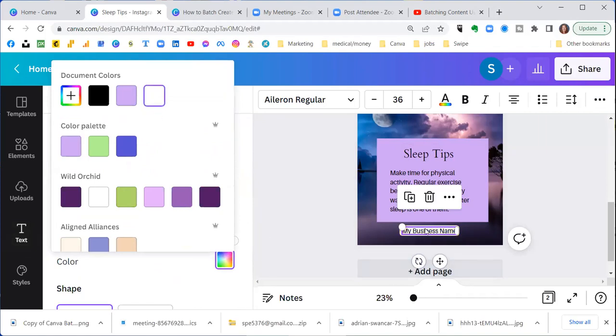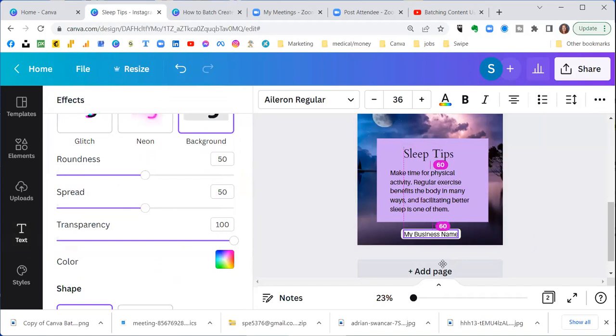So you could put your business name here, making sure you include maybe it's your logo, maybe it's your business name, but something that you want everybody